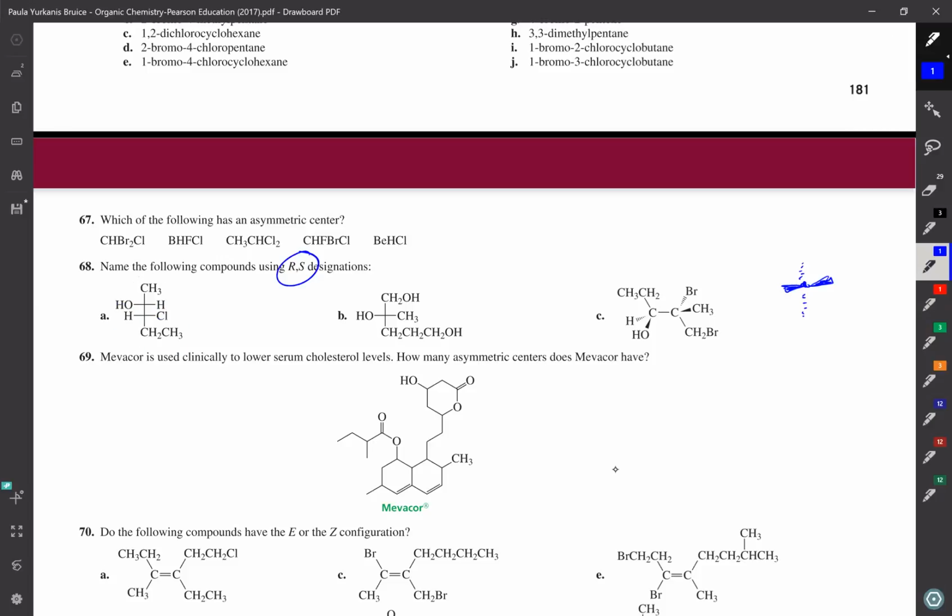Now, to determine the R and S configuration, you need to be able to do what we call the priority ranking. You need to rank the groups that surround a chiral carbon in terms of priority, and that priority depends on the atomic mass of the atoms surrounding the carbon. So, if we take the first example,